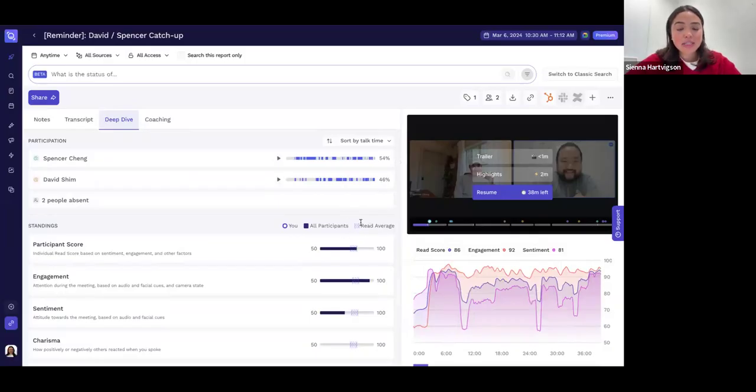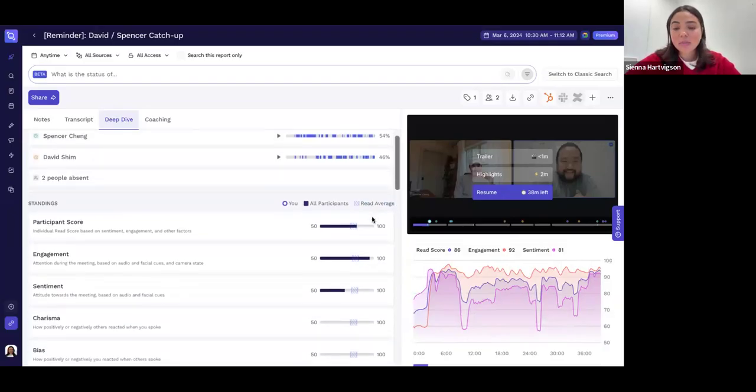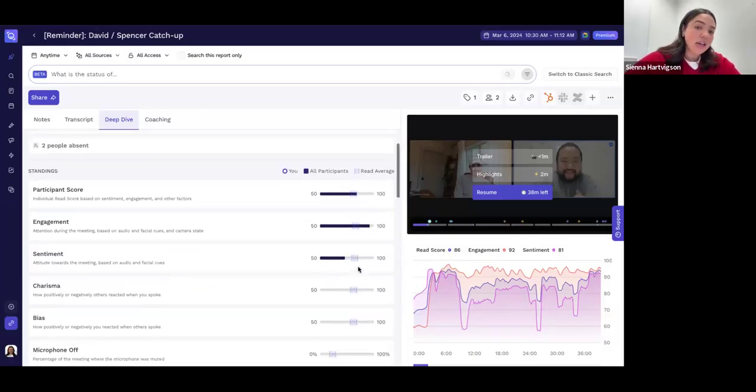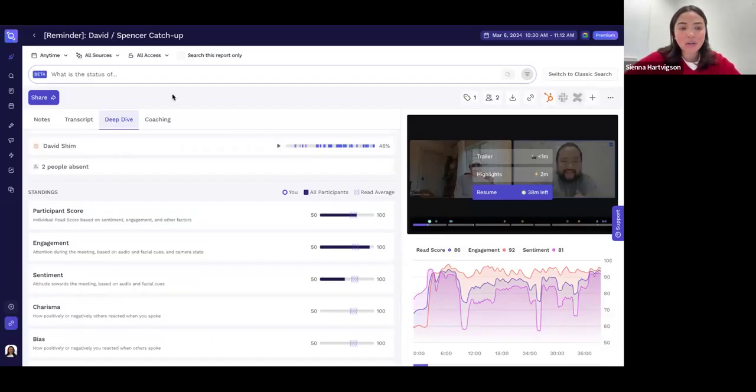A lot of questions we get on this page is like, what is this Read average right here? So there's millions of people that use Read worldwide, and about 20% of them choose to opt into our customer experience program. So those that do opt in, we use their data to get a better idea of how meetings are going that are being recorded with Read. And so that's essentially what determines the Read average that your meetings that you record with Read are going to be scored against. So it just gives you a good gauge of how well did this actually go compared to other meetings that might be being recorded.